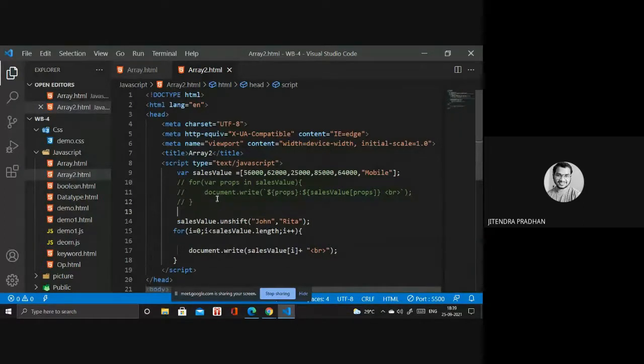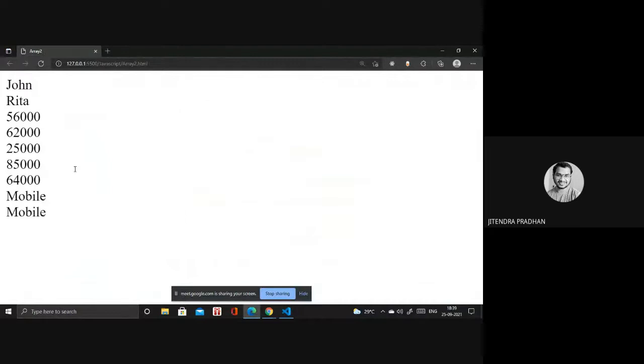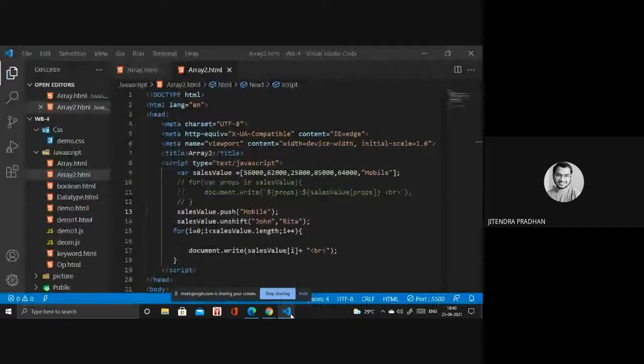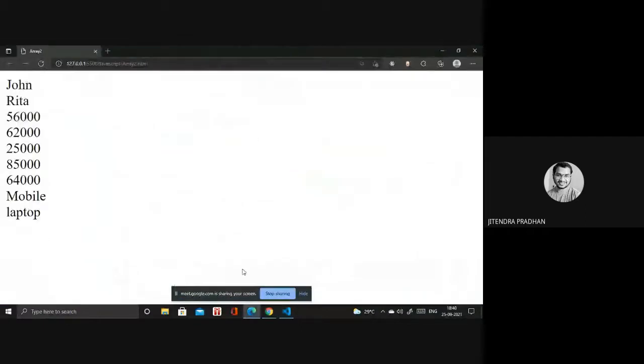If I use cells value dot push, it will be added to the last part. If I want to add something, like mobile, it will be printed on the next line. Mobile would be printed two times because we are adding the same thing. Sorry, I need to change that one. Laptop.